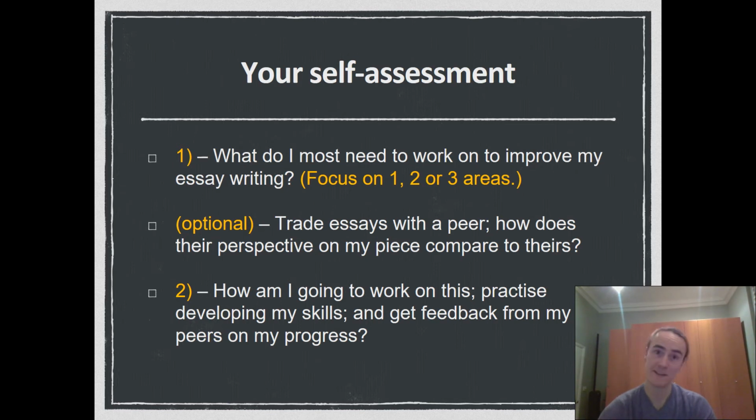And again, if we're thinking about forming a couple of hypotheses here: what do you think is going to have the biggest impact on your success in terms of written assignments on the PG Cert? Why do you think that is, right? And then number two, what are you going to do to work on this? How might you go about achieving it? Where can you get feedback to develop, right? So that's your blog task for the week.